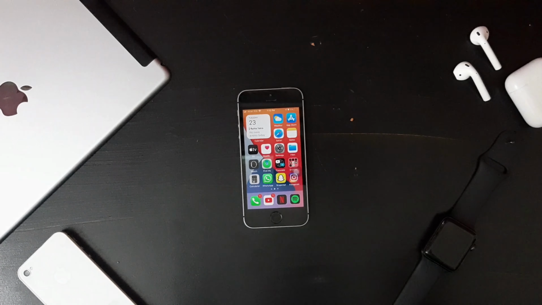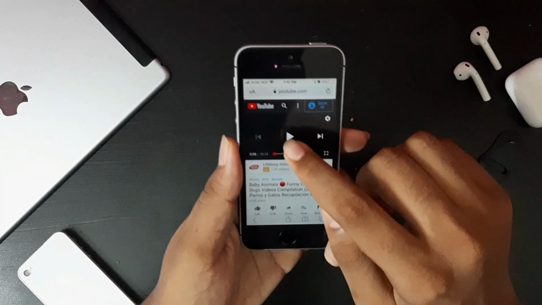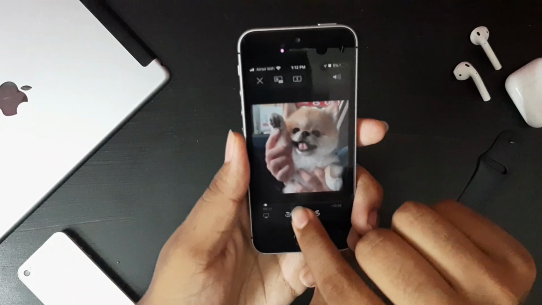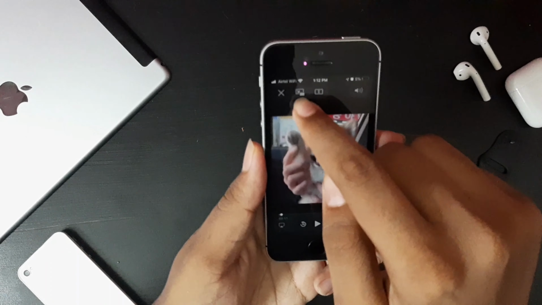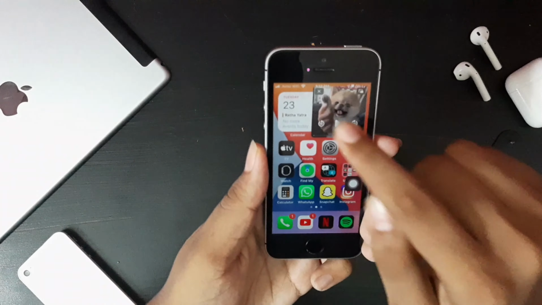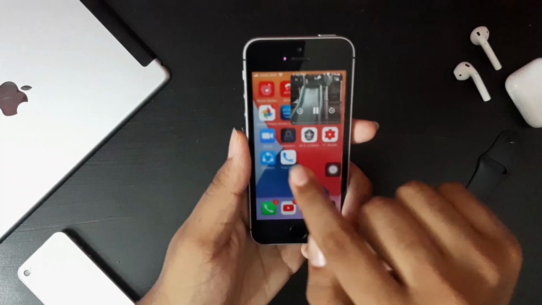And one feature we have been waiting for is picture in picture, which means if I go to Safari and play some YouTube video, there is an option here for picture in picture. If you click on this and go to the home screen, you have the video playing in the background and you can do your work as usual.